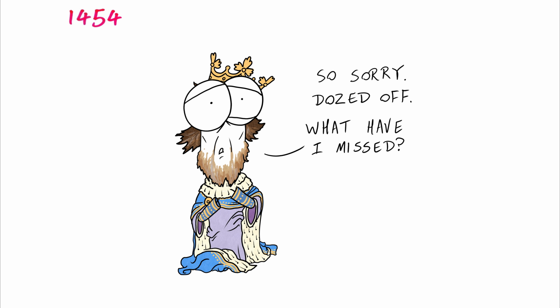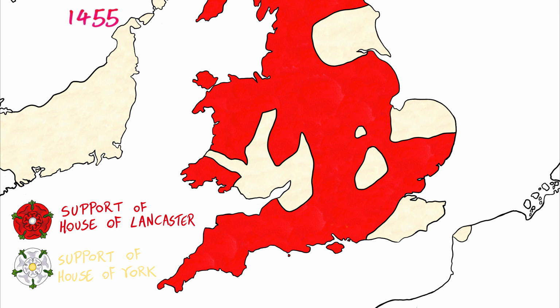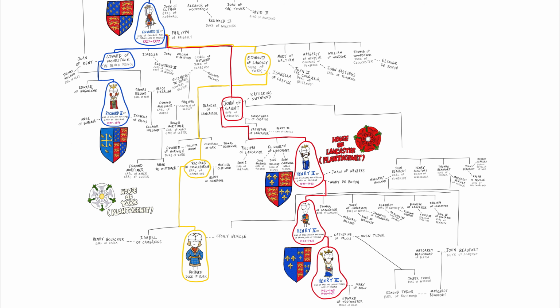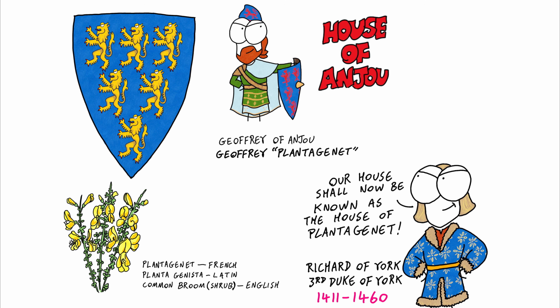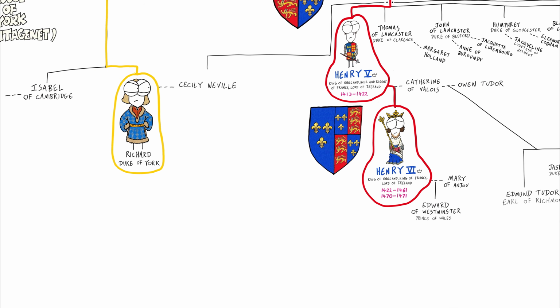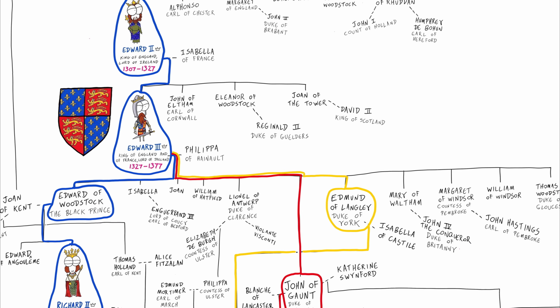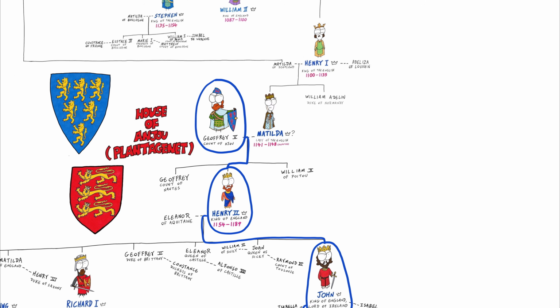By the end of 1454, Henry had seemingly come to his senses, but it was to a once again divided England. Many supporters of the House of York believed Richard of York had the better claim to the throne than the House of Lancaster. Richard adopted the family name Plantagenet, hearkening back to his descendancy from the old Geoffrey of Anjou, whose nickname was Plantagenet. This name would later be applied to the whole line of kings back to Henry II.